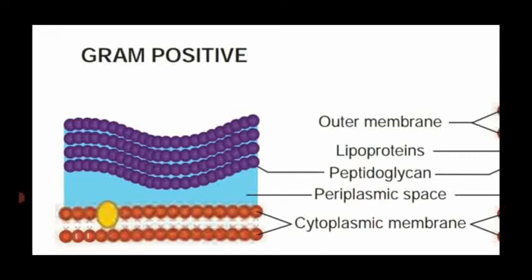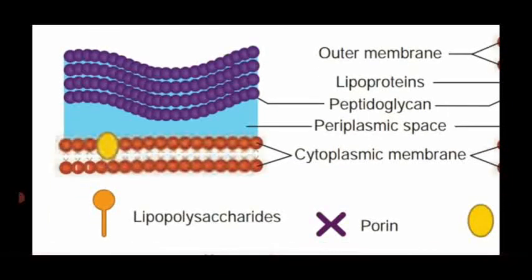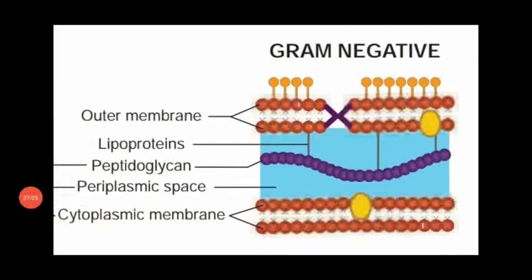Then the peptidoglycan is the outermost cell wall. The space between the cytoplasmic membrane and the cell wall is the periplasmic space. Dear students, this is the gram-negative bacteria. See the peptidoglycan, violet color, that is said to be the cell wall. Outer to the cell wall, they are having three regions. One is said to be, what is that one?